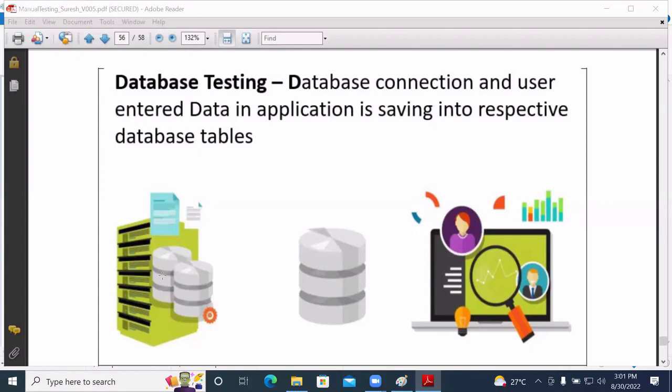You test whether that output and the data you entered in the application are the same. That is the meaning of database testing: whether the data you entered in the application has been saved in the proper tables or not.